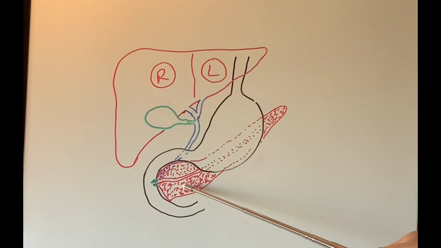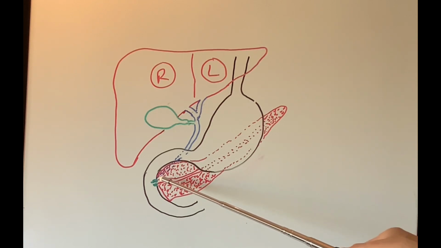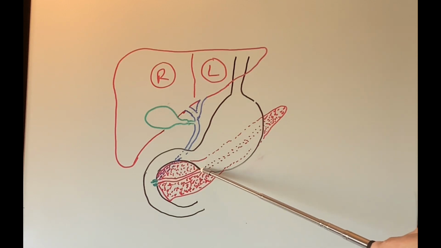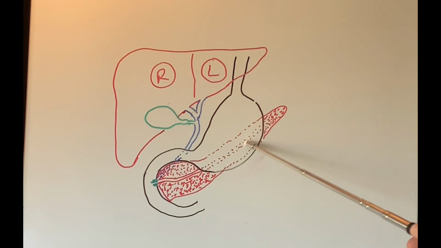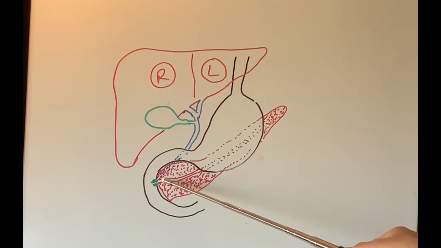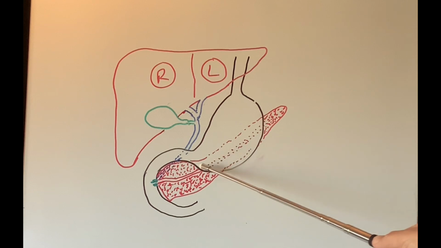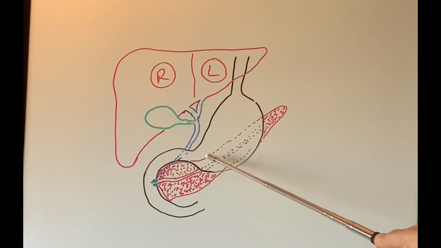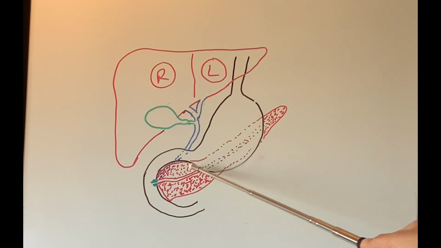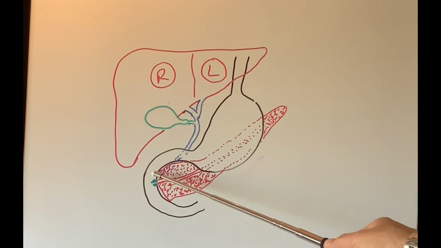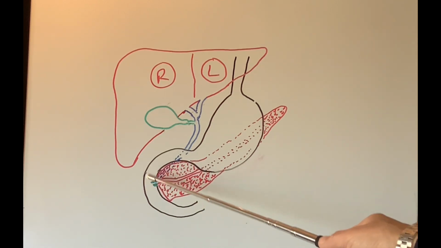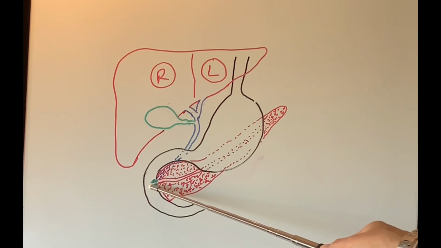And I have explained this in my previous videos. So if you're not clear, please do watch my videos on the pancreas. In the middle of the pancreas is this tube called the pancreatic duct. And this tube opens up with a little spout, like the lips of our mouth, into the duodenum. So all the pancreatic juices, all the enzymes which help digest our food, collect from the pancreas into this duct, into this tube, and come and mix with our food in this part of the small intestine.